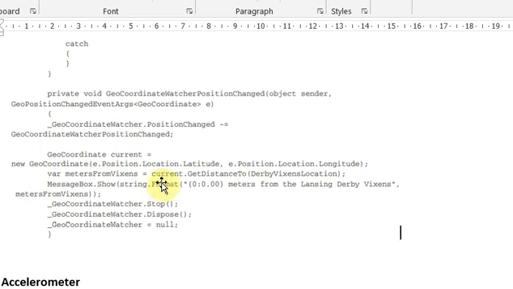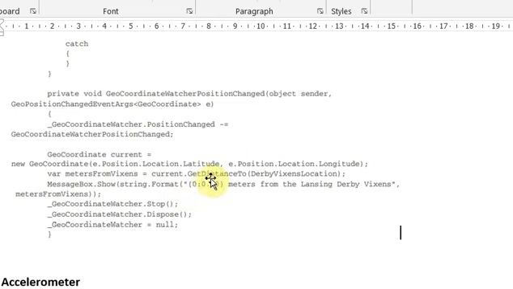After that, we have to calculate the distance in meters from Wisens. Wisens is nothing but your Derby team name. They are saying that there is a local Derby team. So we are going to calculate the distance between where that team is located right now and where your cell phone is right now. The maximum threshold value we have set to 10 meters. Here current is nothing but where your cell phone is right now.